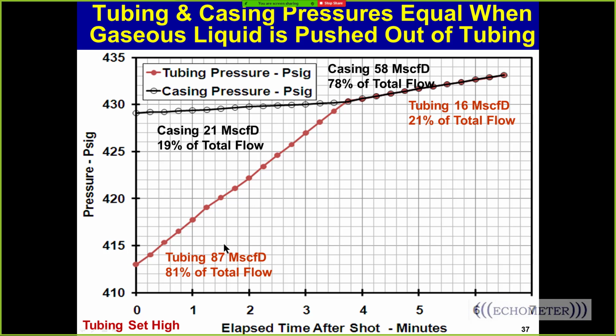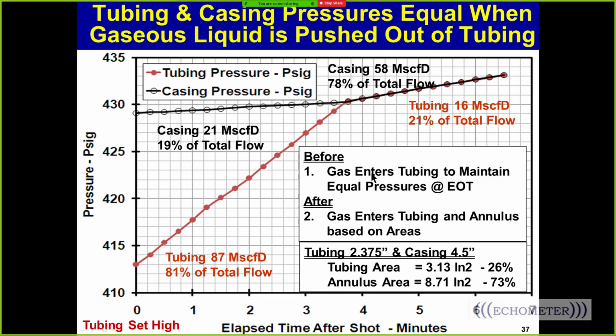And so this is kind of weird. This gas is smart. When there's liquid in the tubing, the gas knows to flow in the tubing. When there's no liquid in the tubing, the gas flows up the casing based on the area. And so that's what this shows. This shows that when the tubing is set high, preferentially the gas goes where the liquid loading is and pushes the liquid out to maintain the pressure at the end of the tubing. And once the gas has pushed the liquid out, then the gas flows into the tubing and casing based on the area,